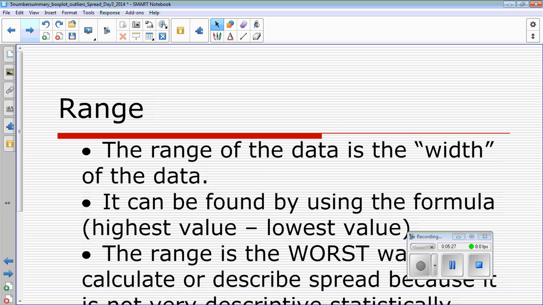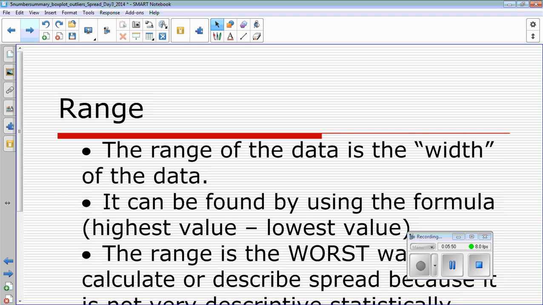There are 2 words that we use to describe center, or 2 measures of center, and we compared them even last class because they are tied to shape. And those measures of center are mean and median. Okay? Today we're going to focus on several different